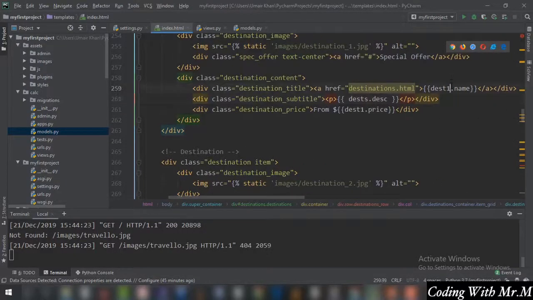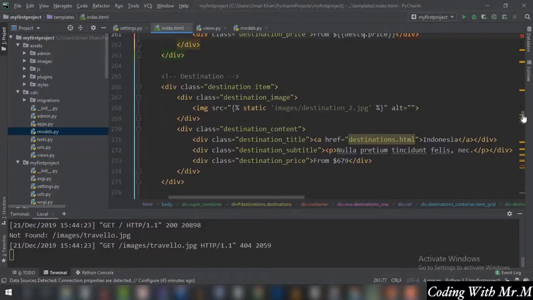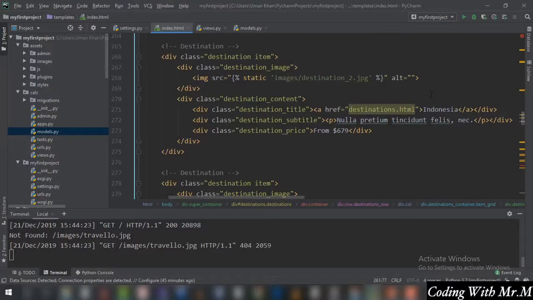Change this name to dests as well. Change this to dests.price as well. Move down and change this Indonesia to dests.name as well, and change this as well to dests.desc, and change this as well,